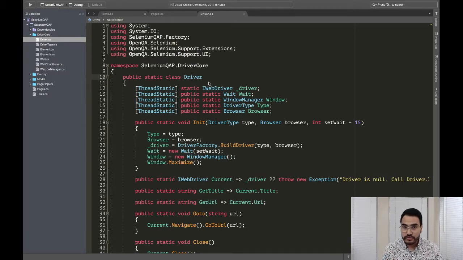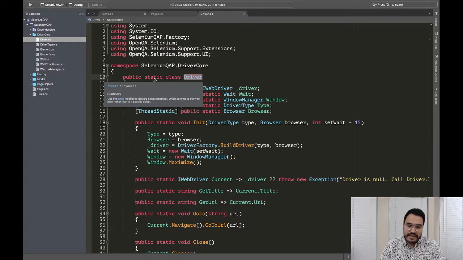And that's true because you want to be able to parallelize things, right? You want to be able to run multiple tests at the same time, and you can't do that if you're using a static driver because you'll have one driver trying to go to different instances and it just won't work, right? ThreadStatic lets you parallelize while still using static syntax. So in other words, my driver is used just like a static class, well, because it is a static class,